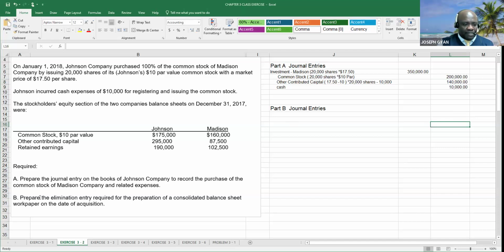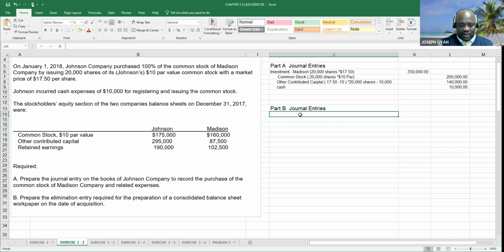Now, B said, prepare the elimination. So you have to prepare the working papers for the elimination to eliminate the intercompany equity. Your investment in the Madison company has to be eliminated because it's an intercompany transaction. So we know in our working paper here,